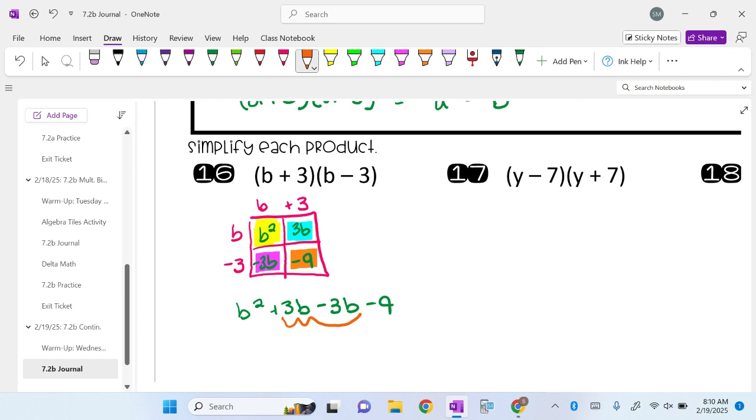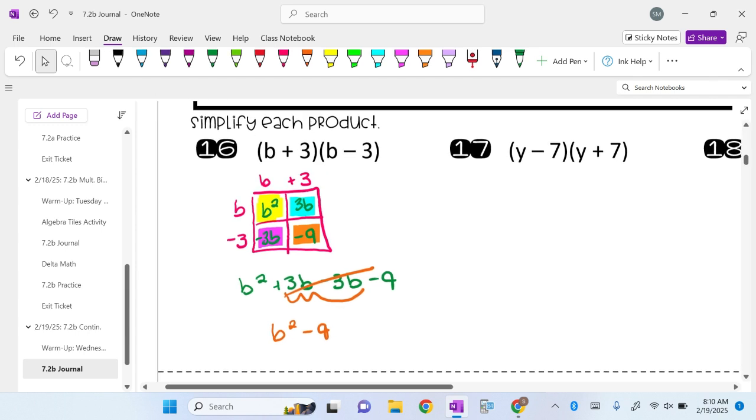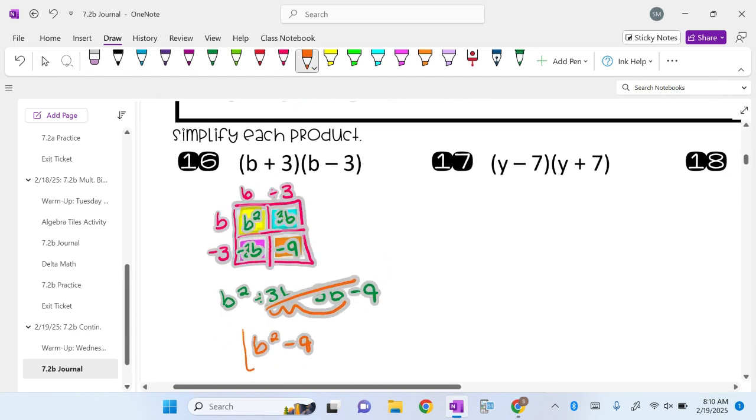They cancel each other out because 3b minus 3b is just equal to 0. So these two go away. They canceled each other out. So we're left with b squared minus 9,